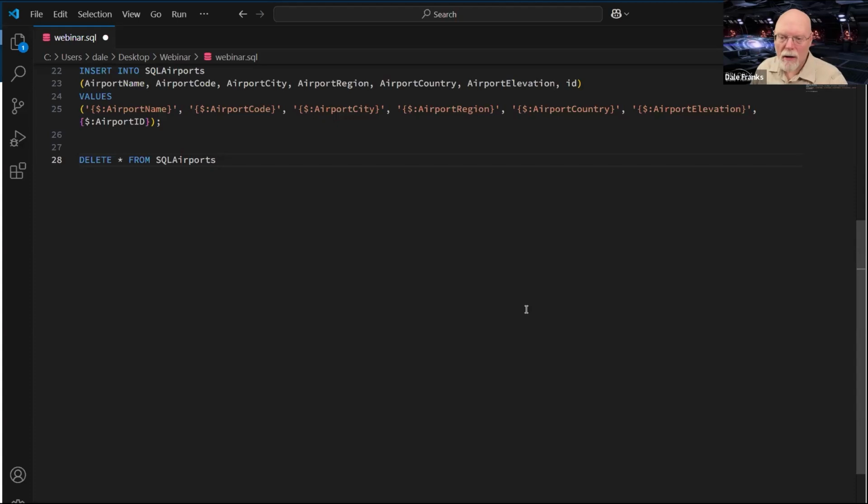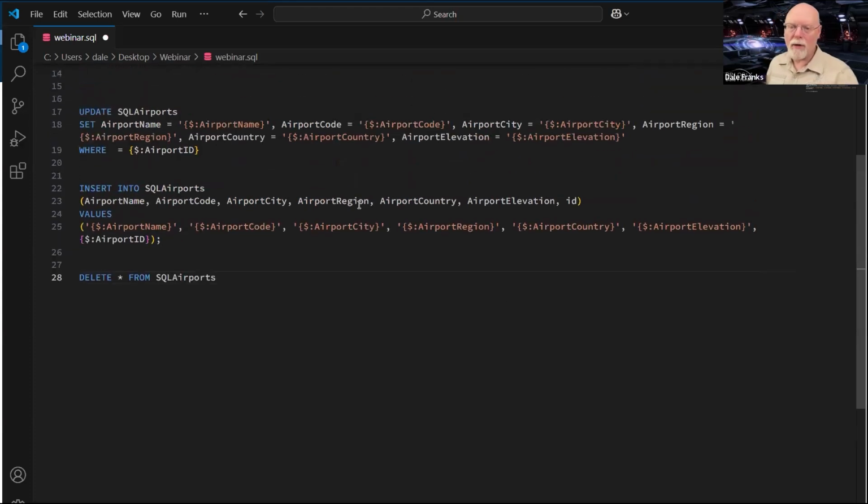Delete star from SQL airports. If I run this, as we talked about a few minutes ago, it's going to kill every record in my database. It's going to empty it out. I will have no records left. So, generally, don't want to do that.